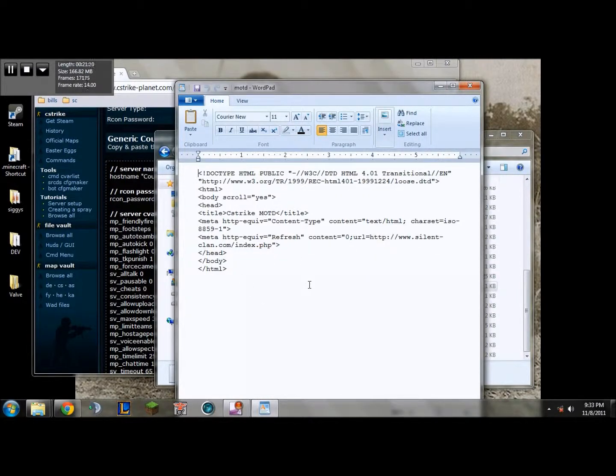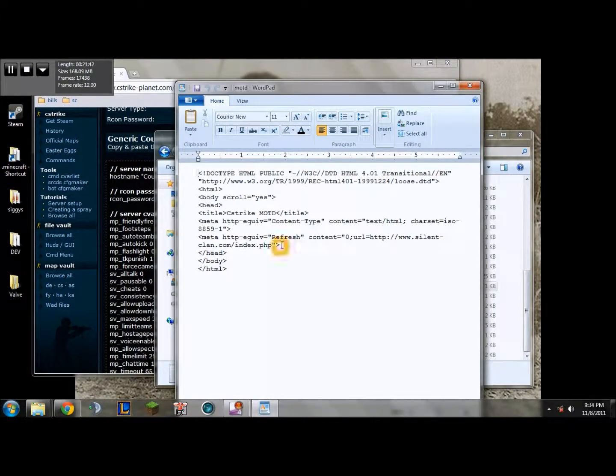Obviously, if you just want to change the text in the default MOTD, just change the text down at the very bottom where it says body, just like this right here, and you'll see something like welcome to Counter-Strike. You can just change the text there and add rules, and there are color tags. You can look online for what the color tags are. But for websites,